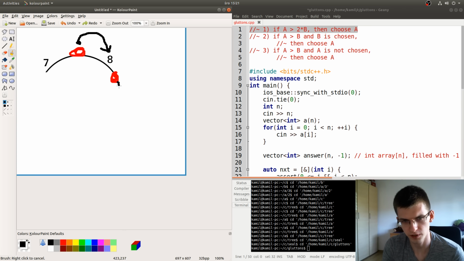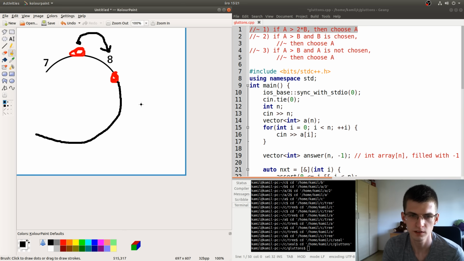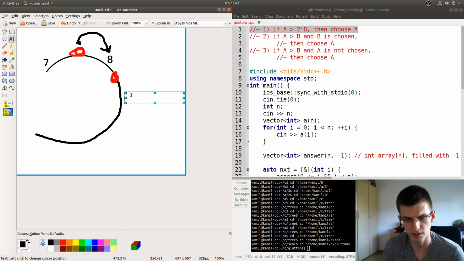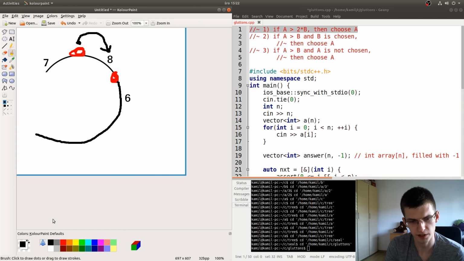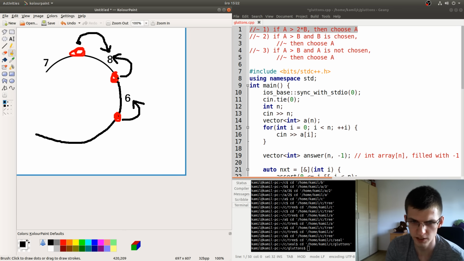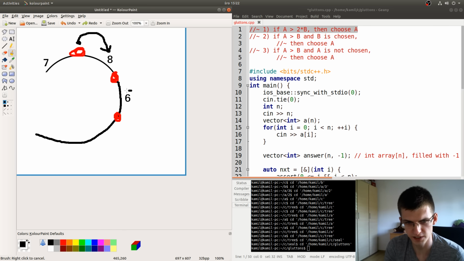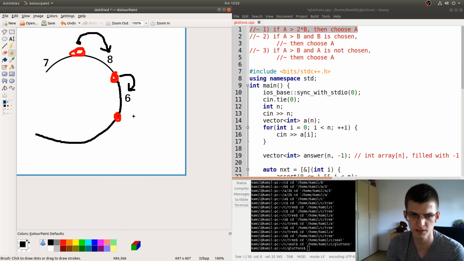So apparently if we have a longer circle, here there was some other value that is not 2 times smaller or larger, for example 6. And the next person had to choose that, apparently, because we said that this person prefers 8. Otherwise, if this 6 is not taken, something that is not 2 times smaller, then for this person it's better to get a whole 6 instead of half of 8.